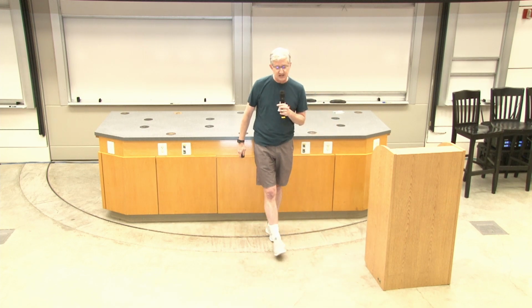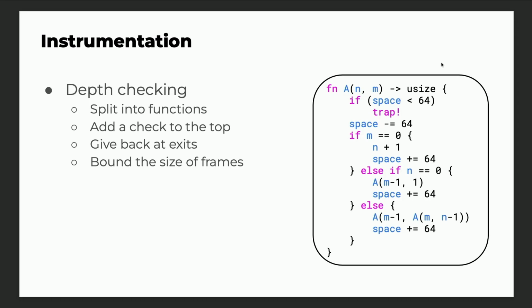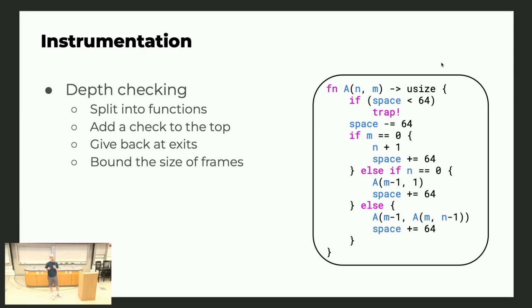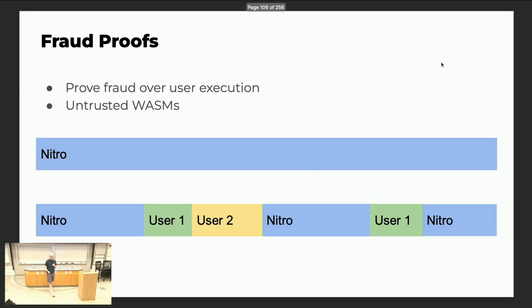And so we can give guarantees like you're not overrunning the stack, again, via this type of instrumentation. So we add a check at the top of the function. We give the space back at every exit. It's very easy to figure out where the exits are, again, because of the structure of WASM. And so we can bound the size of stack frames pretty easily and the size of the stack used by a program. So we need to think about these kinds of safety guarantees. And the way that Ethereum does these things is actually a good guide, because Ethereum already has checks for a lot of the things that we need to check here. Point is, we can inject checking code so that it runs efficiently.